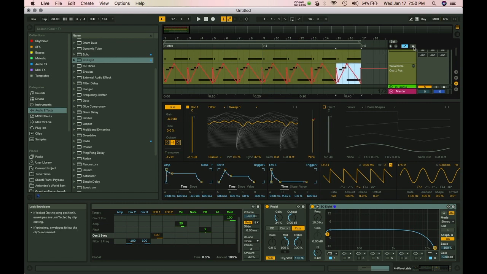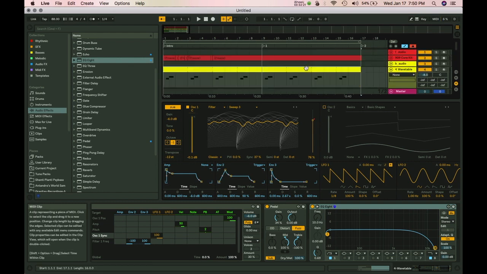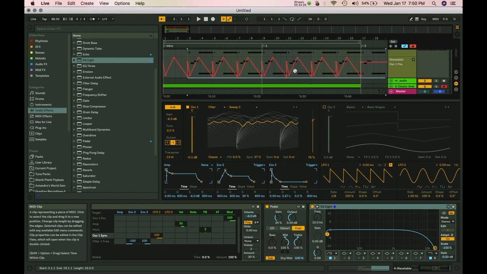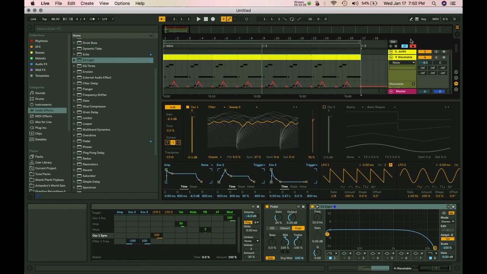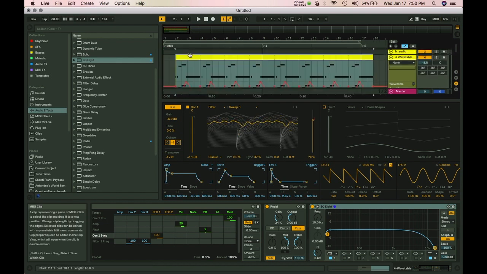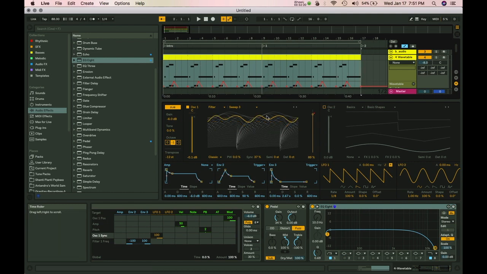You can also lock the automation, and this is now MIDI mappable. So then if I move the clip, it's not going to move the automation, whereas if I don't have it locked, it's all going to move along with it. Let me get this